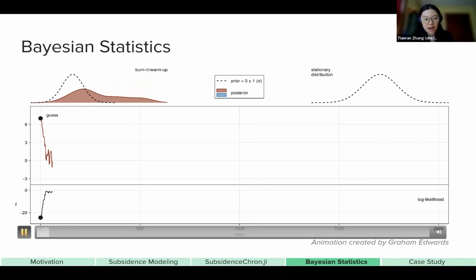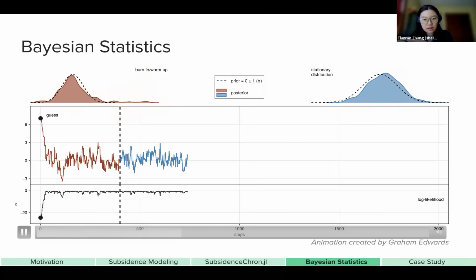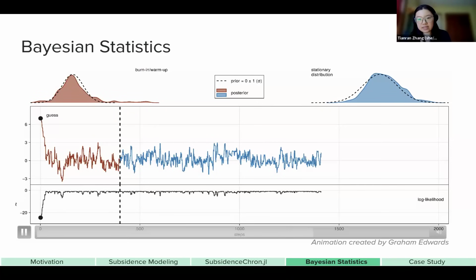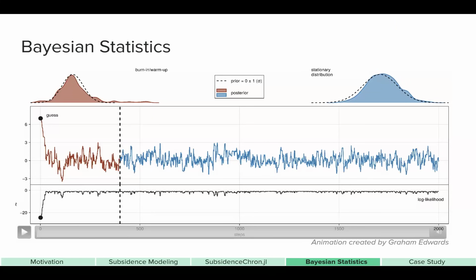And so essentially, if your guess is way outside of this range, after a while it will come back to that place where you have the highest likelihoods, and then kind of stay in that range. And so basically that is creating the stationary distribution, as we say, after this burn-in period that we call it. The stationary period, what comes out of it will be the posterior distribution